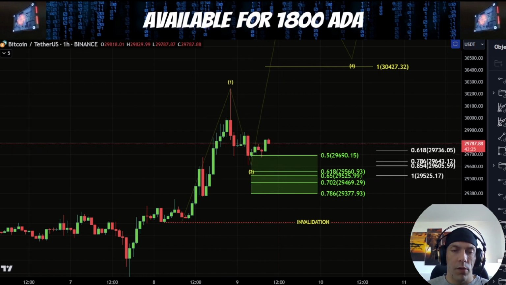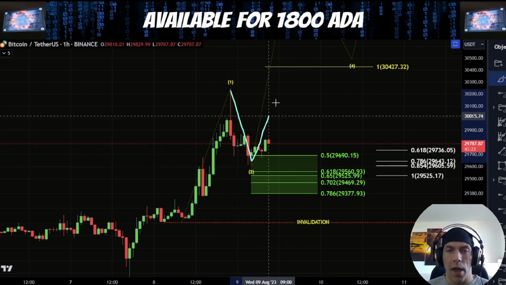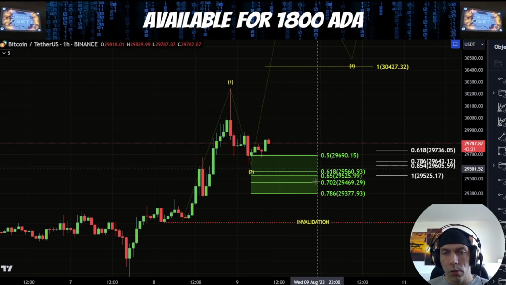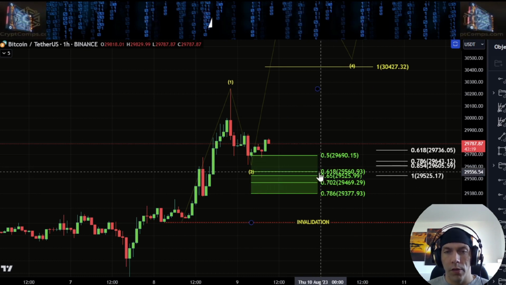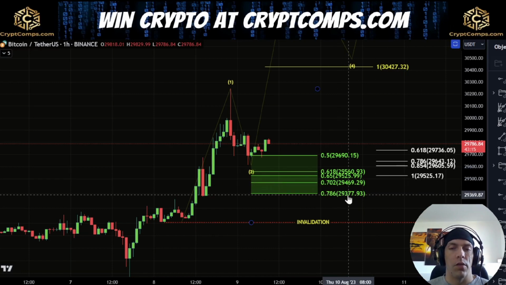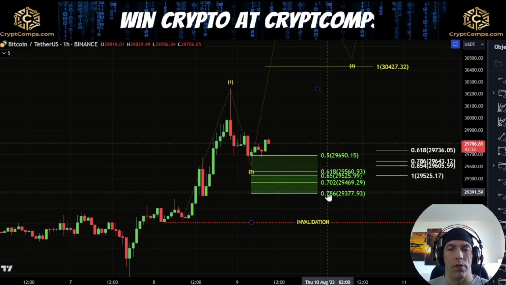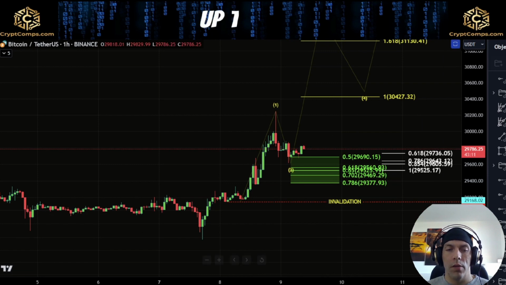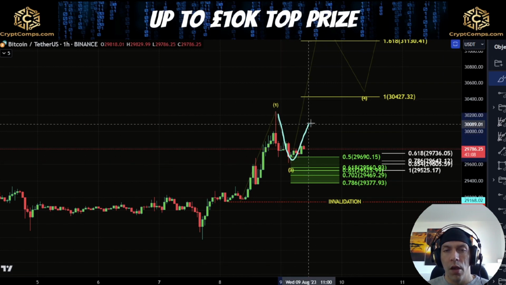If, however, we do see price form something like this as A, B, and C, we could still look to find support lower down here between this 0.618 and this 0.786. So that would be between this 29,560 to this 29,377. If we do see price looking to come back down here in 3 waves, what we'd then be looking